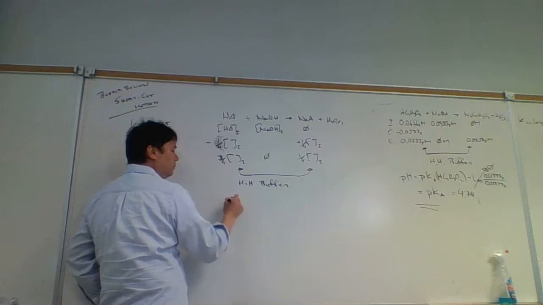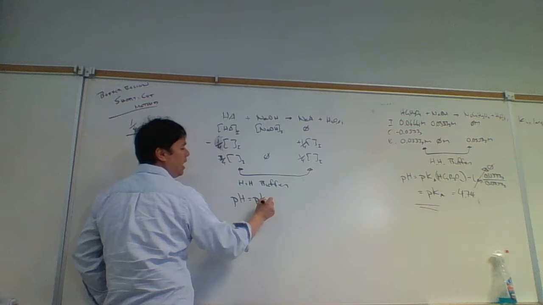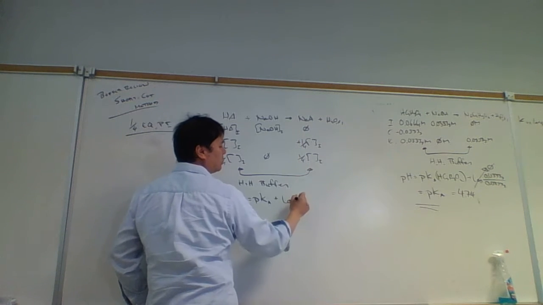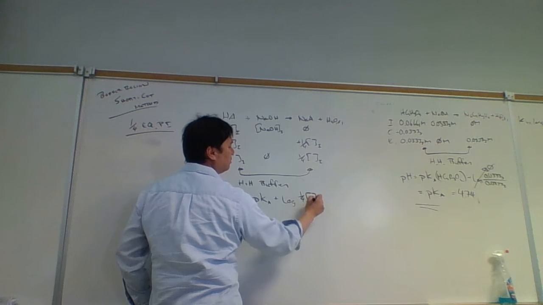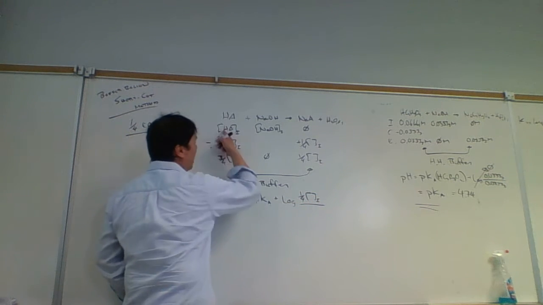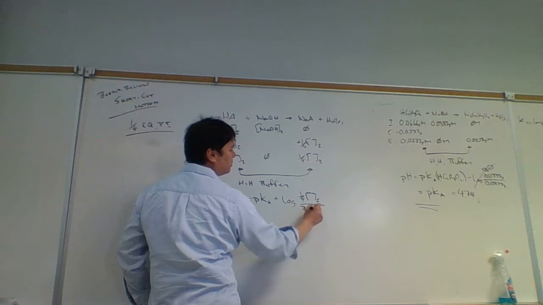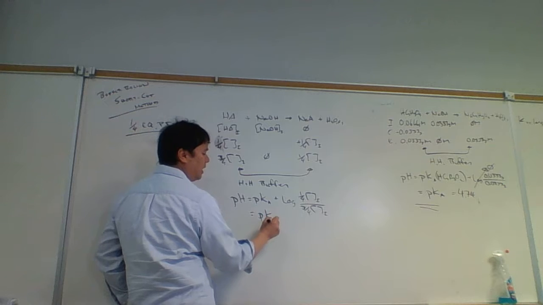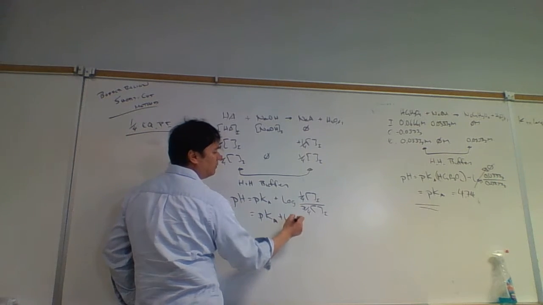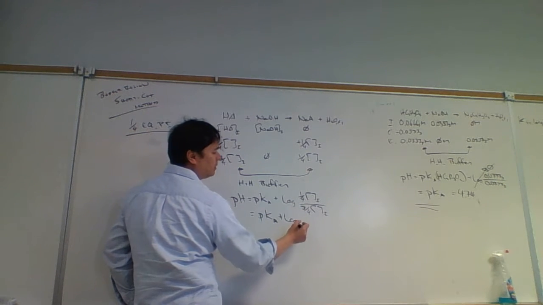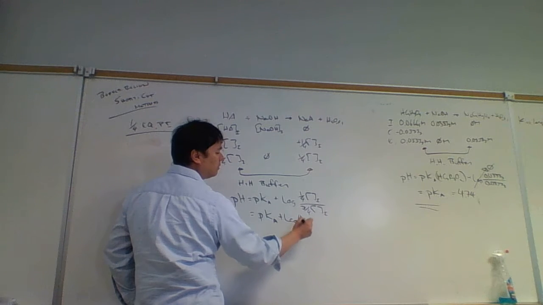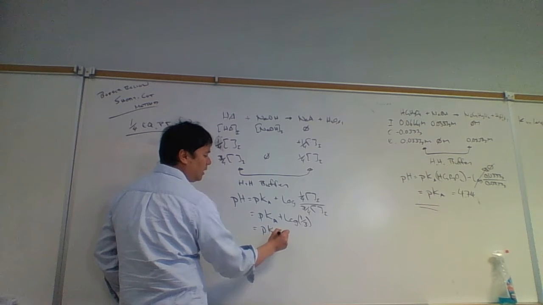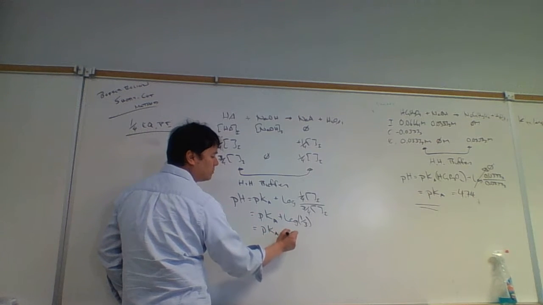So the pH is equal to the pKa plus the log of the base concentration, which would be 1/4 of the initial, over the acid concentration, which is 3/4 of the initial. So this is pKa plus the log of 1/4 divided by 3/4, which is 1/3. And the log of 1/3 is actually minus